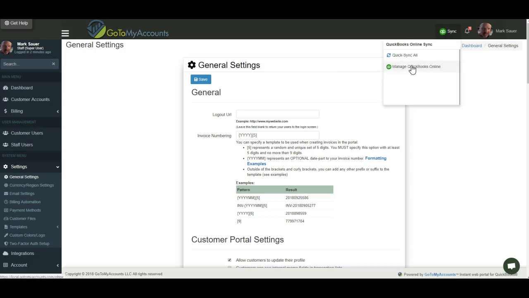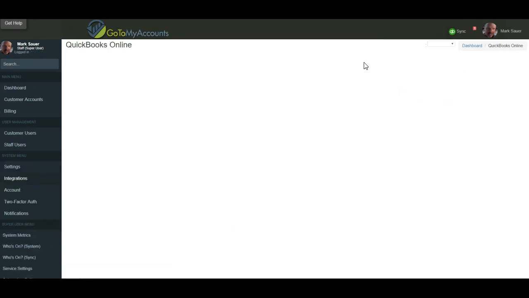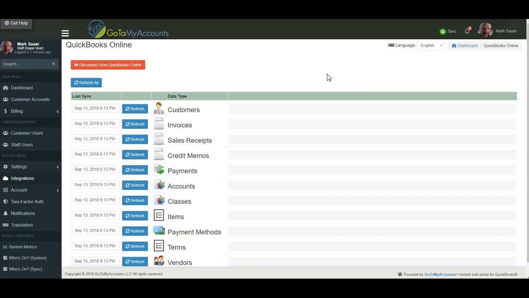And the reason why you normally shouldn't have to do it is because the sync is pretty much automated. So unless you just see something wrong, you don't really need to do this. You can go in here, and I just went to the QB Online menu and clicked on Manage QuickBooks Online. If you do Quick Sync All, it will just do a sync based on the last sync time that it knows of. But if you want to go back further, like you just want to really resync, just click on